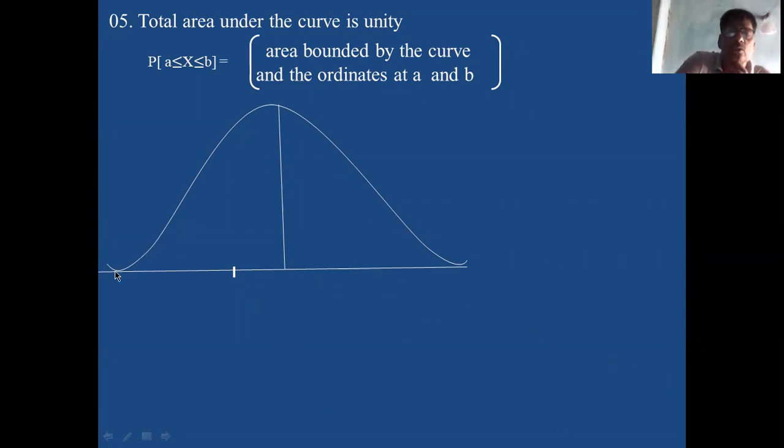Okay, so you take the x-axis and draw the bell-shaped curve, and in the middle you draw one vertical line. That line will touch the x-axis, and here you write 0. Remember this. Okay, this is 0.